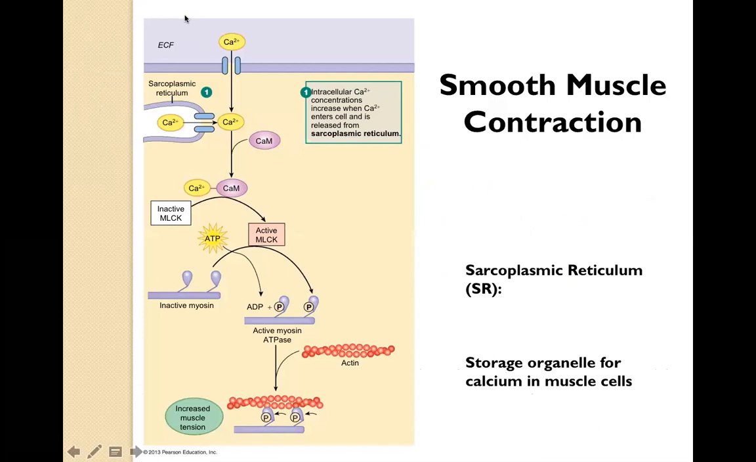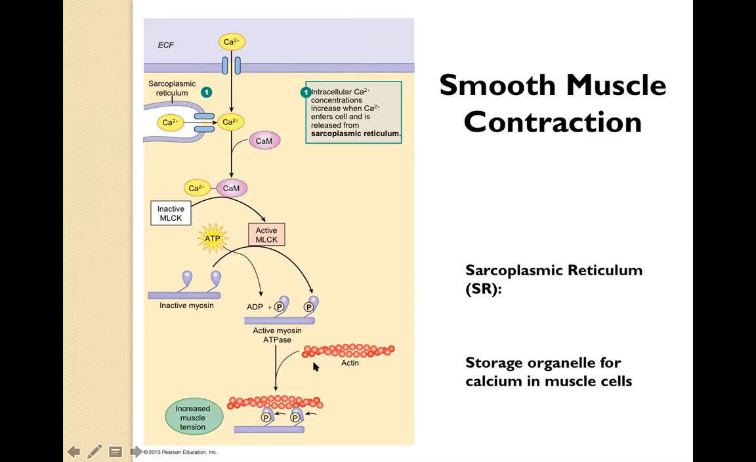So I'm going to just orient you here. What we have here is this darker purple area. This is the smooth muscle cell membrane. The opening here is a calcium channel to allow calcium to come in. The lighter purple is the outside of the cell, so the extracellular fluid component. And then the yellowish area and everything inside of the yellowish area is the inside of the cell, or the